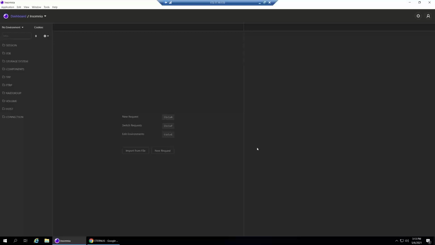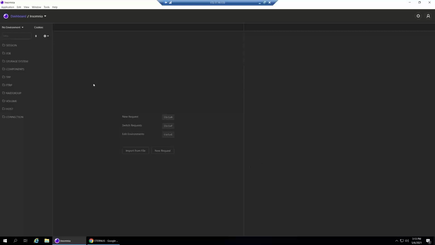Also, other interpreters such as Python will work too. So it's basically up to you what's available in your environment, and there's a lot to choose from. I found this Insomnia tool nice because it's quite user friendly and it's looking really nice for a demo.